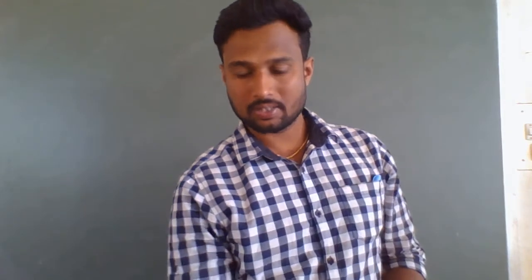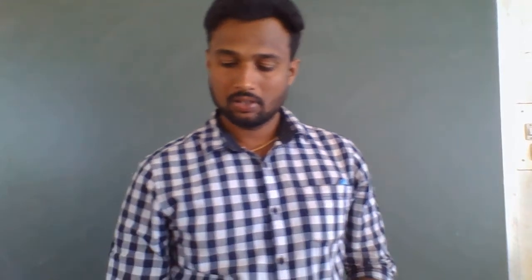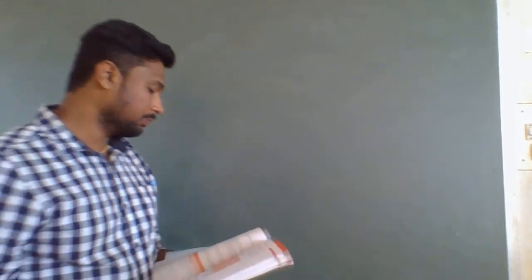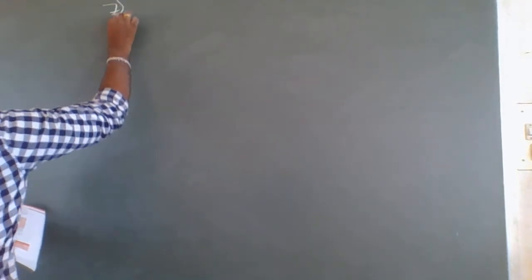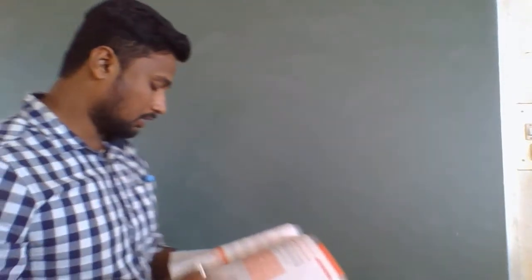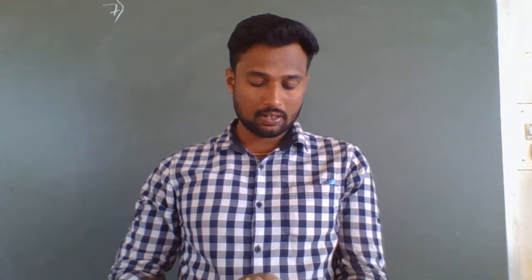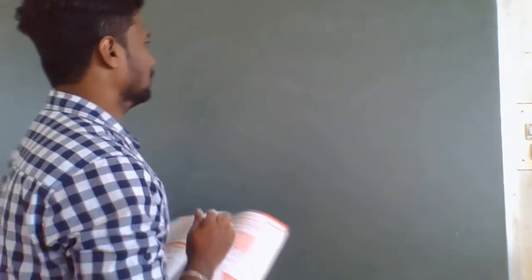In the previous class, we discussed how to multiply decimal numbers. So today, I will give some more examples on multiplying decimal numbers. Now we will discuss example 7 on page number 50. Here in example 7, page number 50, an example is given. The side of an equilateral triangle is 3.5 centimeter.